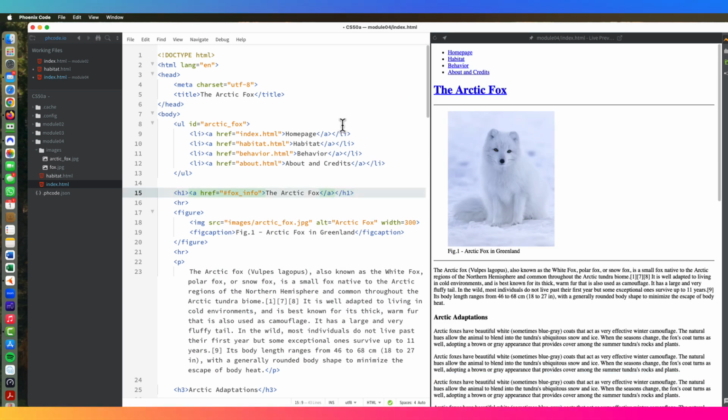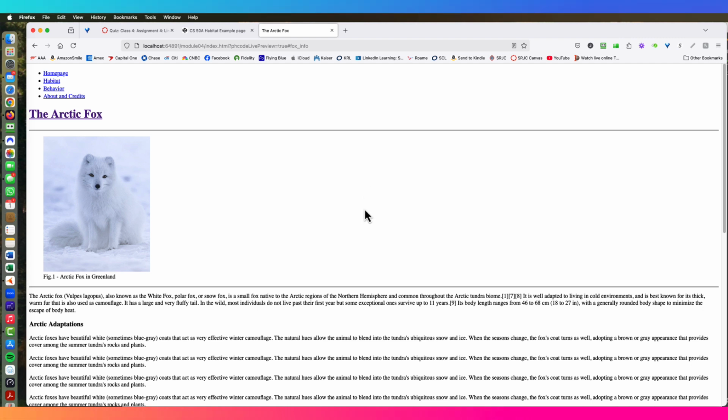I click down here. I'll preview it. I'll test it right up over here. So I clicked on that live preview bar at the top of the screen and chose Firefox. And when I click on the Arctic Fox, because of the fact that it says pound Fox info, it's going to jump to an ID called Fox info. So I click and it jumps down here. We don't know exactly where that is. I didn't specify anything except within a paragraph,